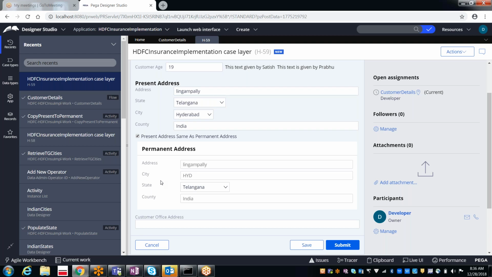So how can you do that? Right now, in which activity have we done this copying of information from present address to permanent address? In case you don't remember, how can you see that? What is the way of seeing it? In Records.